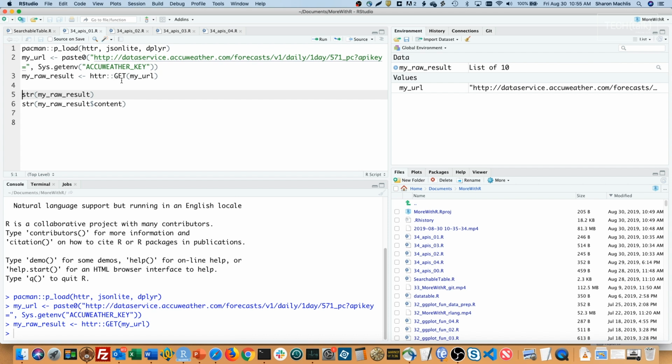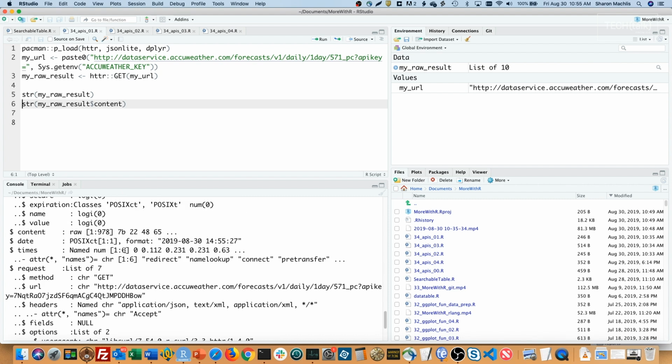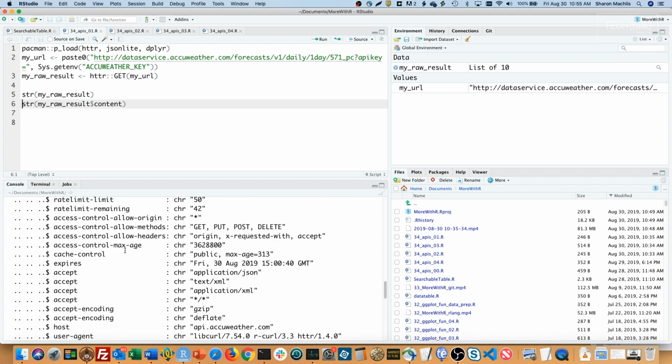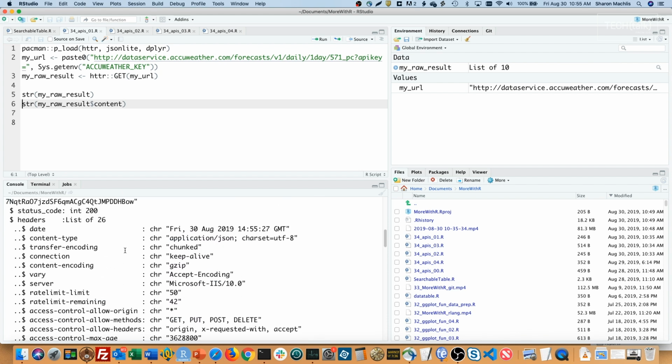Now let's take a look at my raw results with the str or structure command. This is a pretty complex list. The actual data we want is mostly in content.